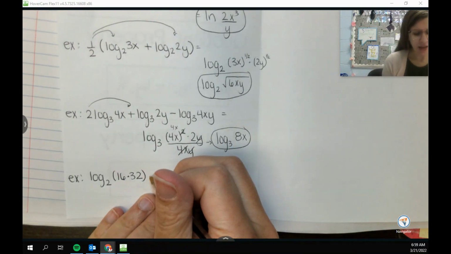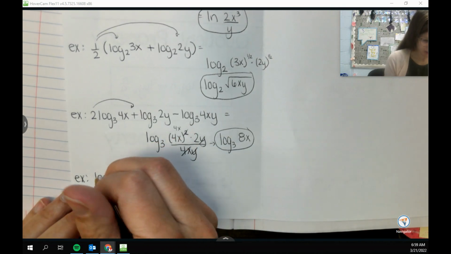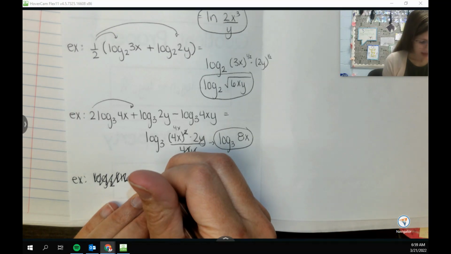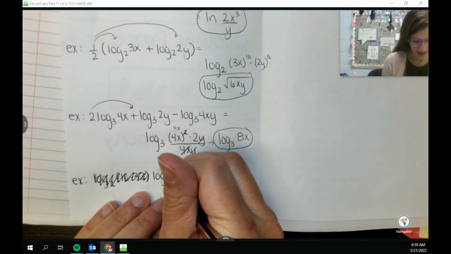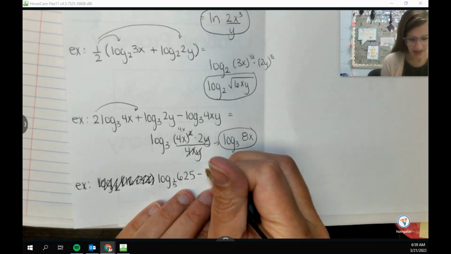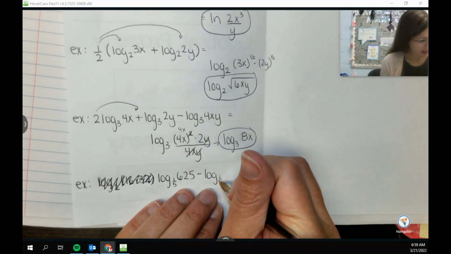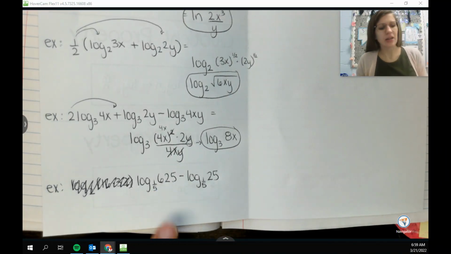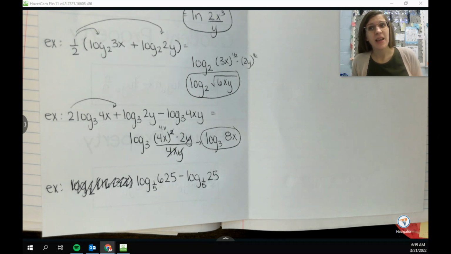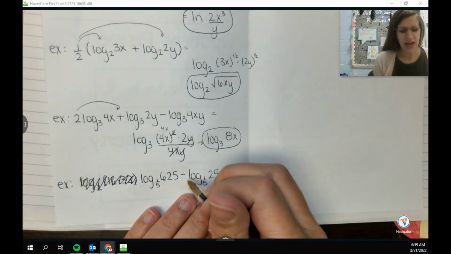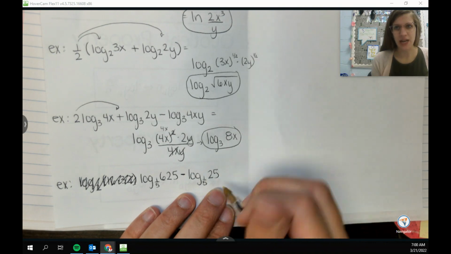So instead, I'm doing this the wrong way. I'm doing the wrong side. Just kidding. Let's try that again. Log base 1/5 of 625 minus log base 1/5 of 25. Okay, again, as I was saying, I could do log base 1/5 of 625, but 625 is kind of large. Maybe I don't want to do that. Over here, it's not so bad, but because I have this property that says if I'm subtracting,